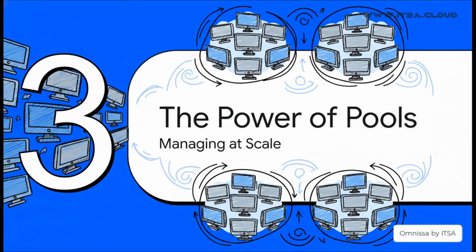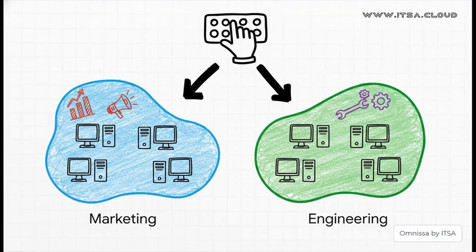Okay, so if you've got thousands of these just-in-time desktops constantly being created and destroyed, how in the world does an IT team keep track of it all? Well, the answer is, you don't manage them one by one. That would be impossible. You manage them in groups, using something called pools. A pool is really just a collection of desktops that are all alike. So for example, an IT admin can create a marketing department pool that has all the specific software that the marketing team needs, or maybe an engineering pool that's packed with a ton of processing power. This lets them manage settings and push out updates to hundreds of users all at once, instead of having to touch every single machine individually.